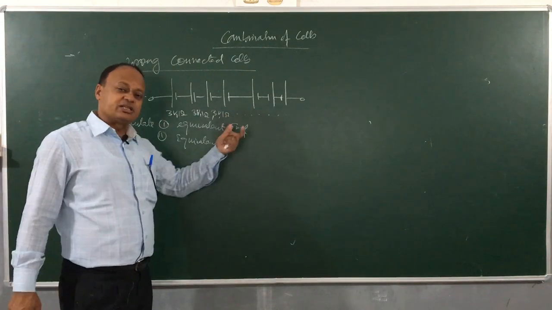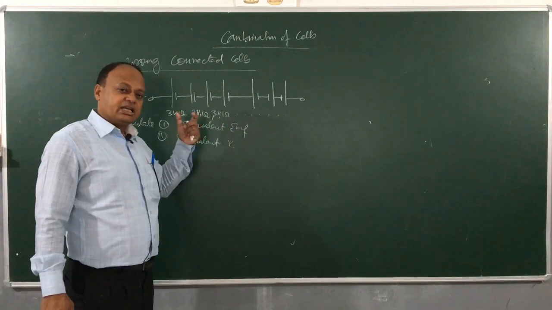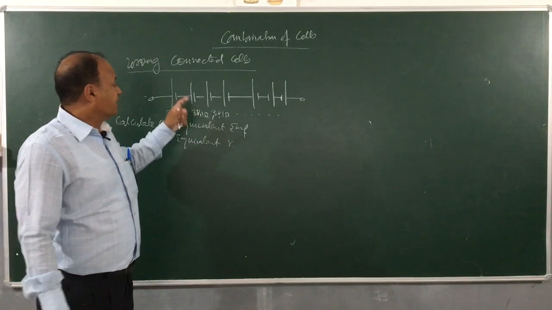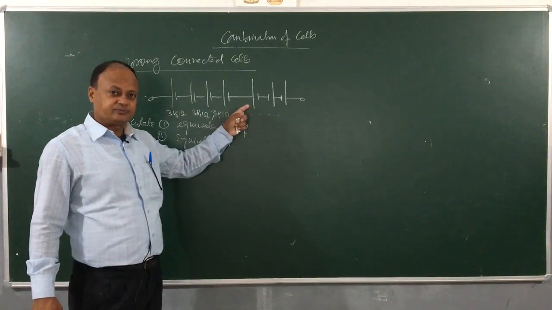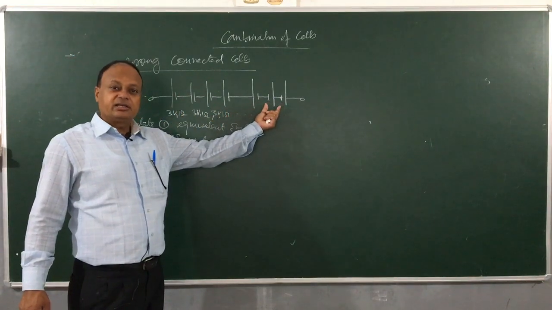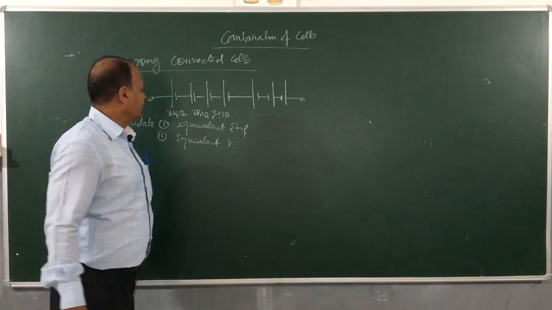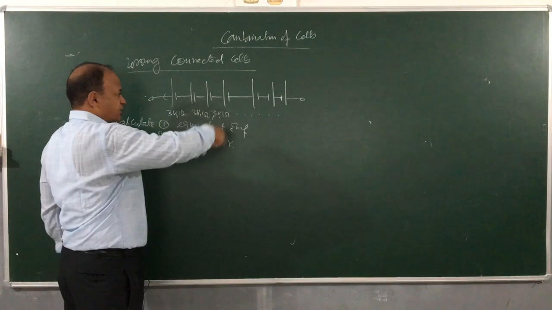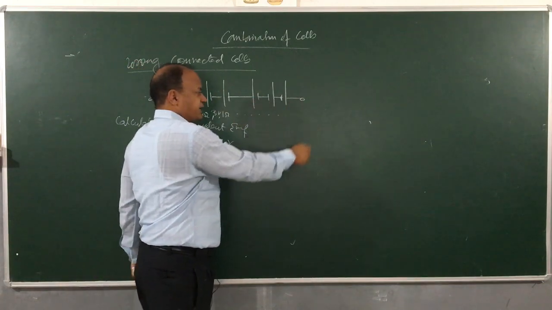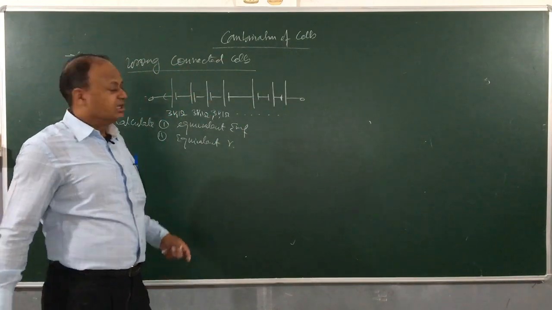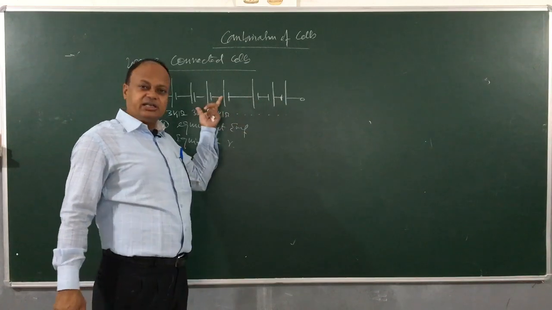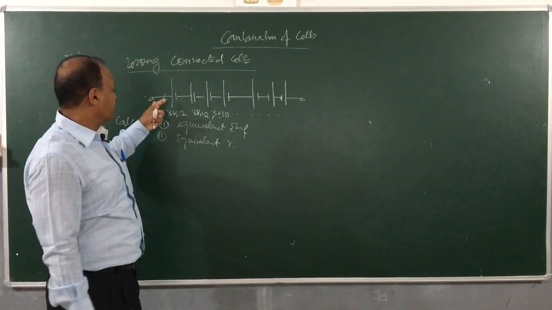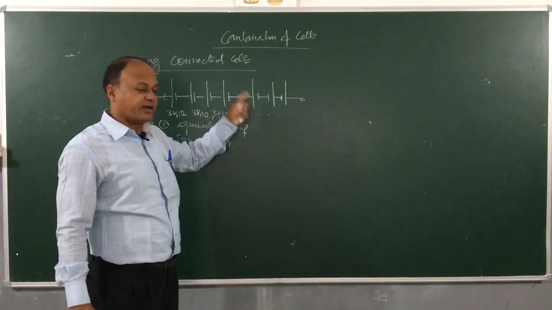Like in series combination we said that the equivalent EMF will be equal to sum of EMFs, but that is possible only when the cells are connected properly. If they are connected wrongly, then you can see this combination will send a current anti-clockwise and this combination will send a current clockwise, right? So these cells actually will be opposing the cells which are rightly connected in majority, right? So majority how many there? 1, 2, 3, 4, 5.